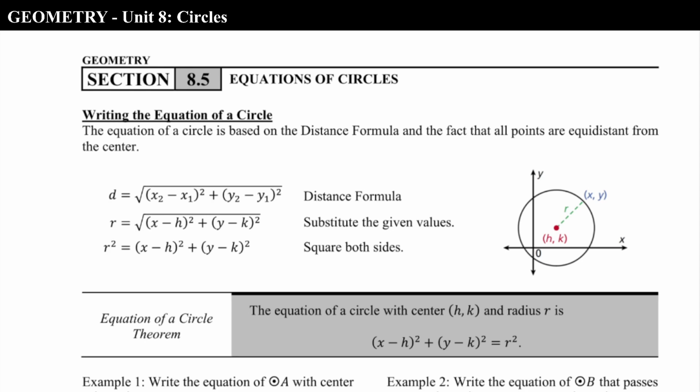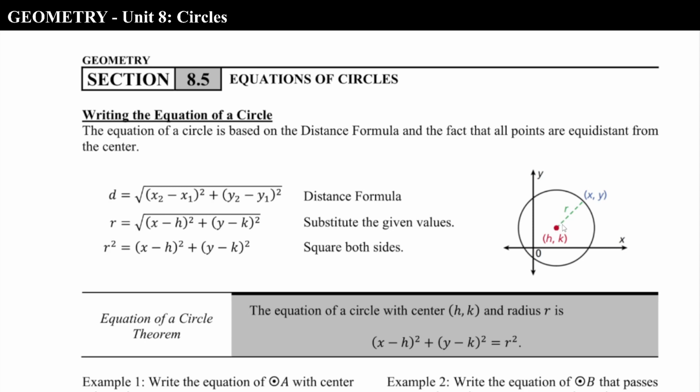Just like you can have the equation of a line, you can have an equation that will plot a circle in the coordinate plane. And the equation of a circle is going to be based on the distance formula and the fact that all points are equidistant from the center. So we start with our distance formula and we then take our 2 points. We are going to use the distance between the center of the circle and the outside part of the circle, and we are going to find what the radius is, because the radius is just the distance